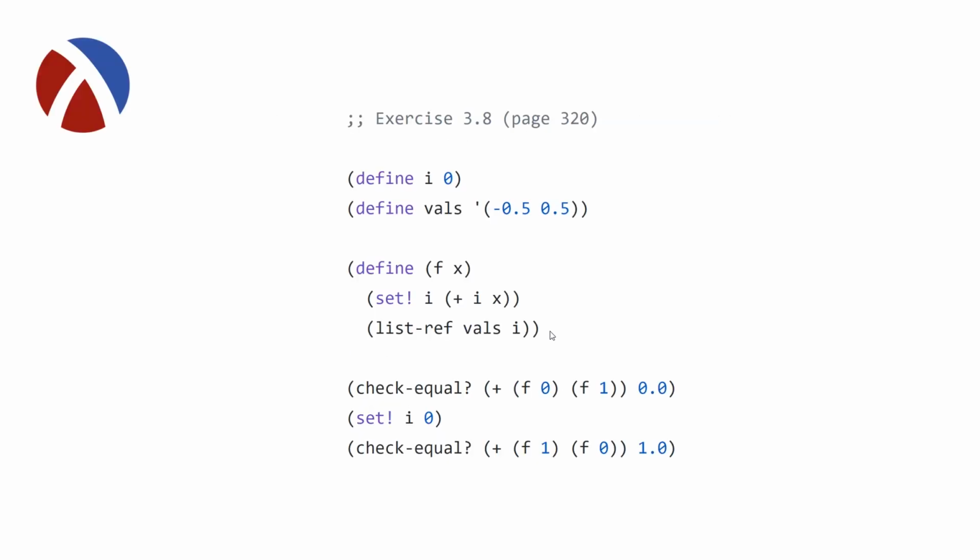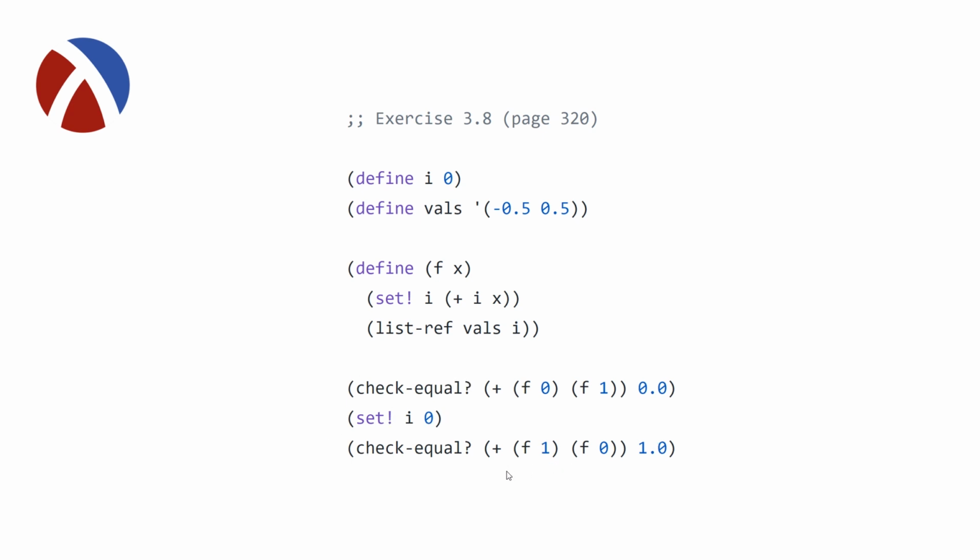If we assume that the default is to go from left to right, here we're going to start with an index of 0 and look up index 0 from here. So we're going to be adding -half, and then our existing I is going to be 0. When we add 1 to that, we're going to get 1. So we're going to look up +half, and when we add those together, you'll get 0. If we set I back to 0 and then repeat,